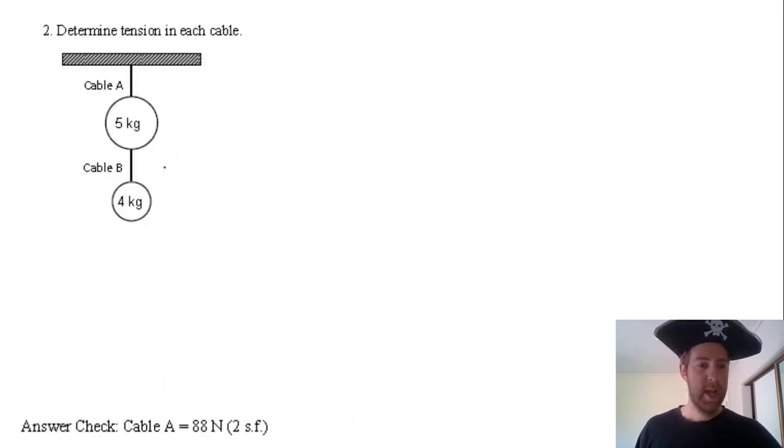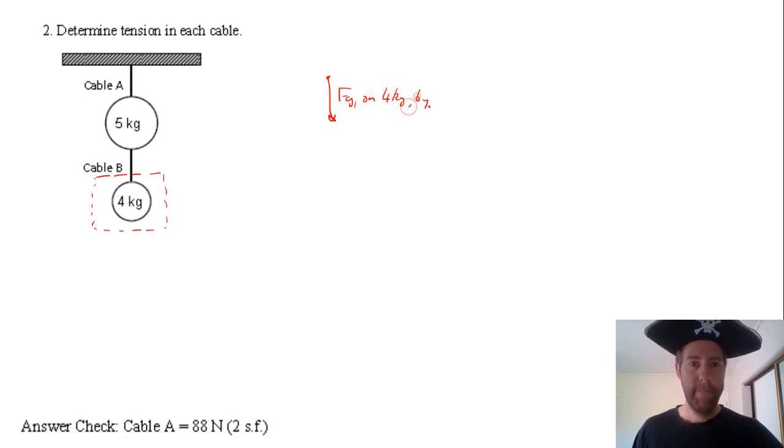Determine the tension in each cable. Oh, tough. Okay. What we're going to do is it turns out cable B is the easiest first. So the same process of identifying a system, let's identify this ball. Force of gravity on the 4 kg by the earth. What's interacting, pulling it up? Cable B. Force of tension on 4 kg